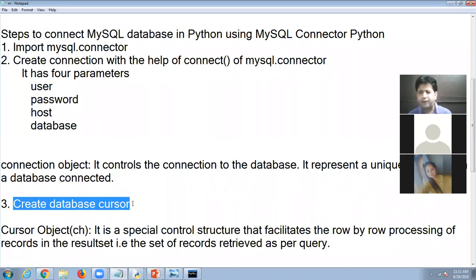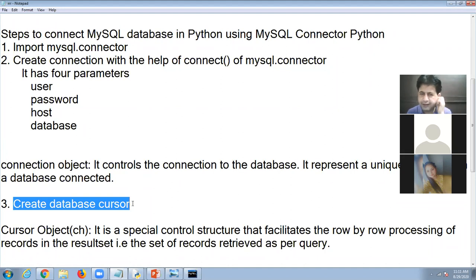Now the question is, what is a cursor? Beta, when we connect MySQL with a Python program, connectivity will be there. Now it will create a unique environment with the help of which you can fetch the data or send the data to MySQL.